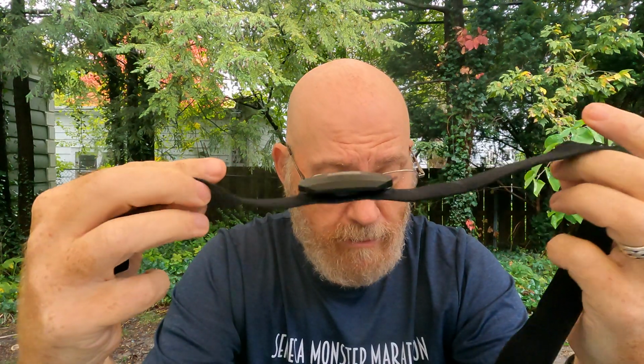It's not perfect. It's a little slow. Like when I start ramping up an effort, it lags behind more than the other straps did, I think. And every now and then it would start acting a little bit wonky, but I'd take the strap off, put it in a wash, and it would be fine again for weeks. And so that's what I'm using now. I've been using it for a year and a half now. It's great. I wish I had one that did ANT and Bluetooth again, but